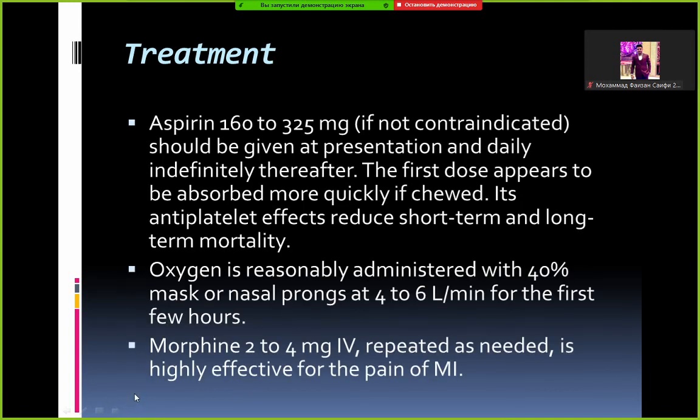So for the first, we must give aspirin for the patient if it is not contraindicated. Then we must apply oxygen, we must apply morphine,